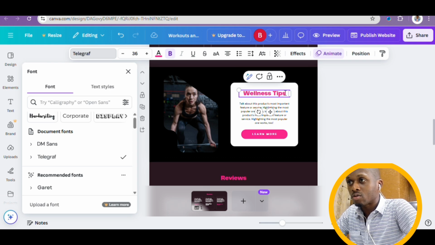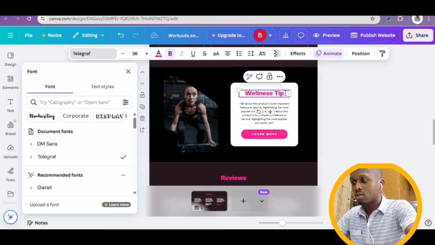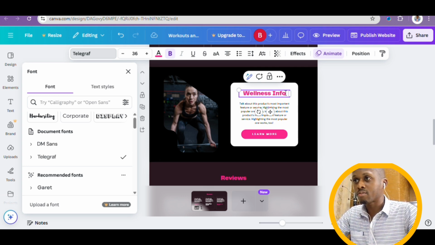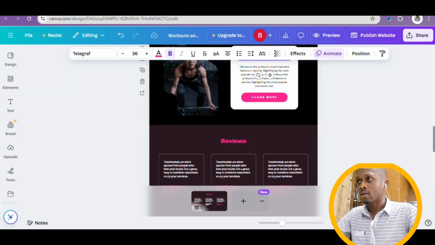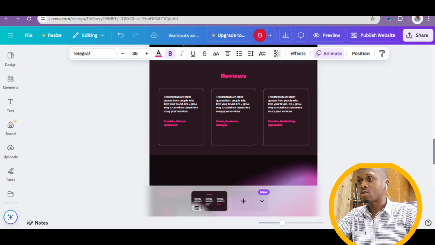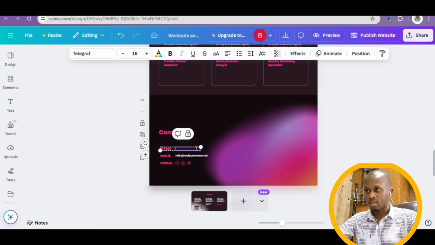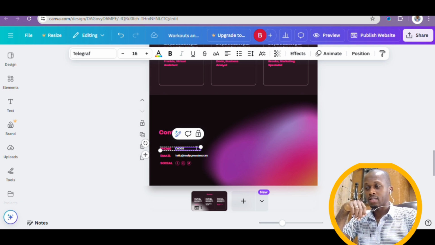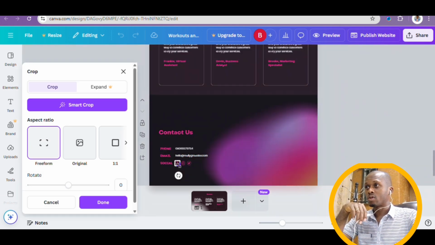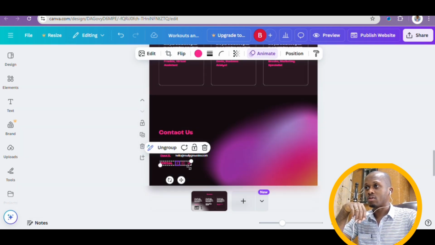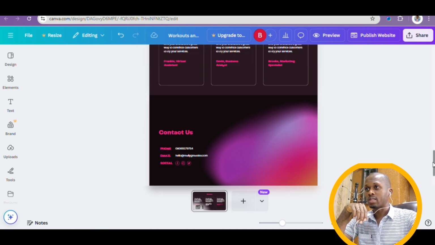You can also change this wellness tips. I can change it to maybe wellness information, wellness info. Okay, so once you are done with all this, you can put in your phone number at the bottom here. I can put in my phone number, 68179727. Yes, so I put my phone number. You can even put in your Facebook links, your socials. Once you're done with all this,